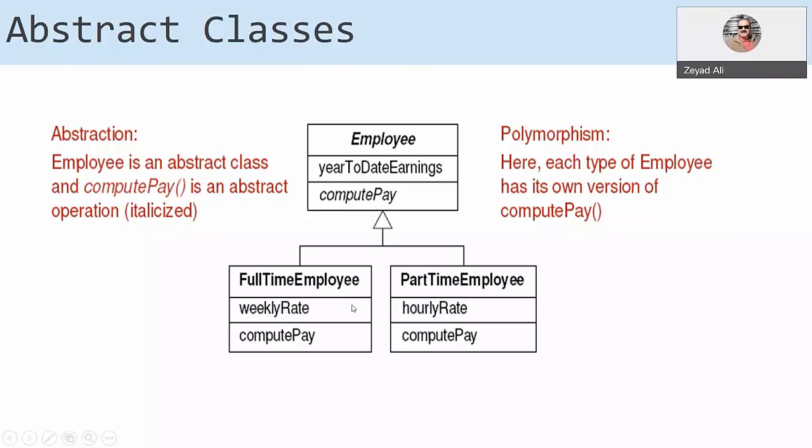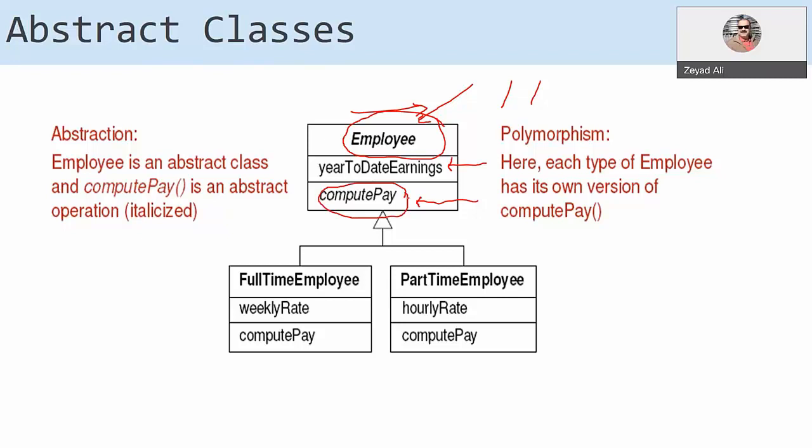You must extend it. Look at the employee example here. The employee is an abstract class. How do you know it's an abstract class? In the class diagram, if you see anything in italics, then you know it's abstract. It has one thing which is year-to-date earnings, how much money he made from the beginning of the year. However, we have an abstract method, compute pay. How do you know it's abstract? Look at the method. Is it written in italics? Yes. Okay, abstract class, you cannot create anything from it.